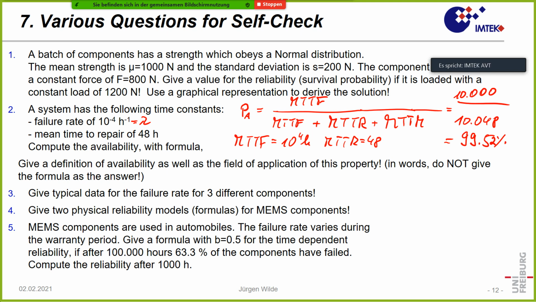Yeah, that is correct. And what kind of property is it? What does that mean? What kind? Yeah, a portion, or we say it is a probability. Yes, it is a probability that a system is functional at a certain point of time. So that repairable system